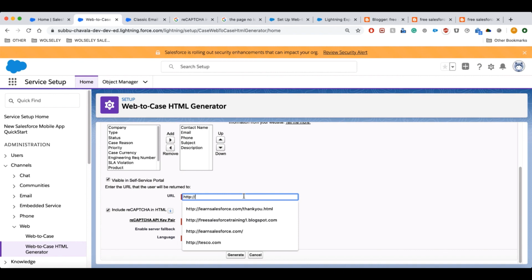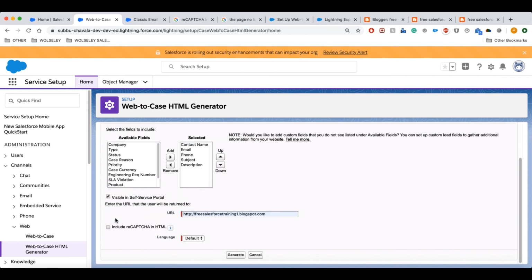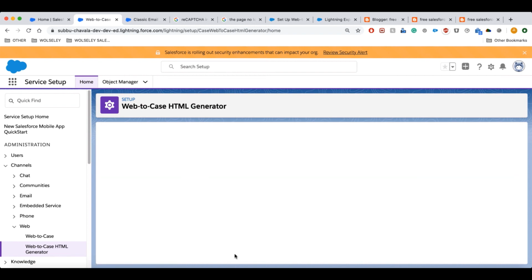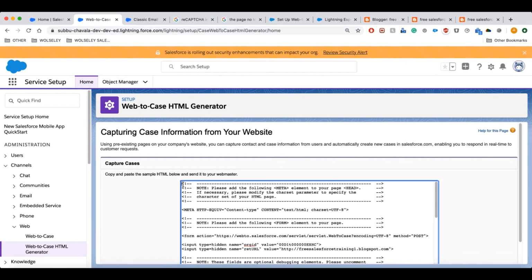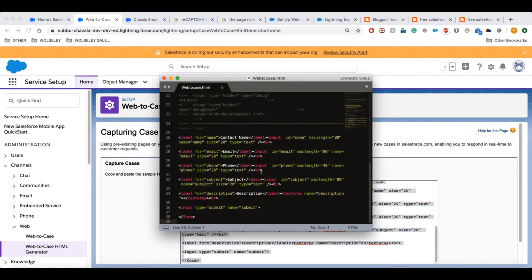So here, take the URL. I'm taking this blog link. So uncheck this. Click on generate and copy this HTML code.